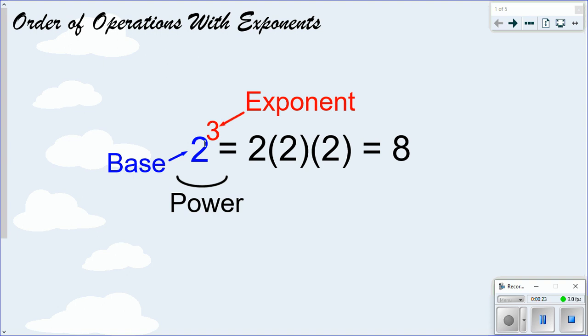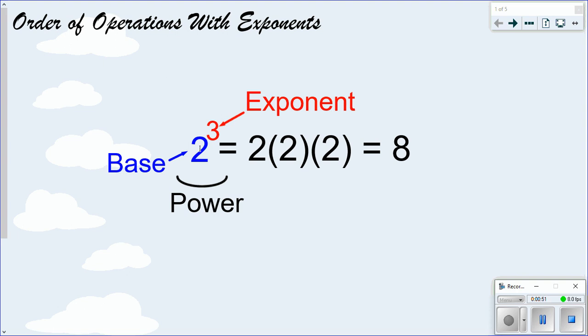So in this example, the base is 2, the exponent is 3, and that 2 with an exponent of 3 is called 2 to the third power. So this is really a power, but it's commonly referred to as the topic of exponents. But an exponent is just one piece of it. All right. So the way power works is the exponent tells you how many times to multiply the base times